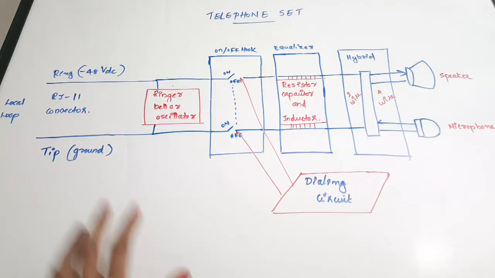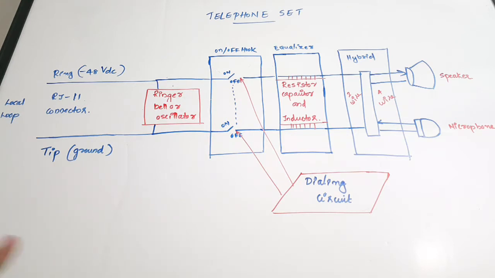In this video, we are going to discuss a basic telephone set, its functional block diagram, and what all parts are present in it. Let us see. We all use telephones at our homes, and a lot of things are happening when we are making a call. Also, inside the telephone set, there are a lot of functional units. So let us see what functional units are present in a telephone set.